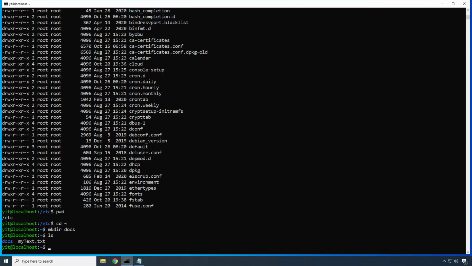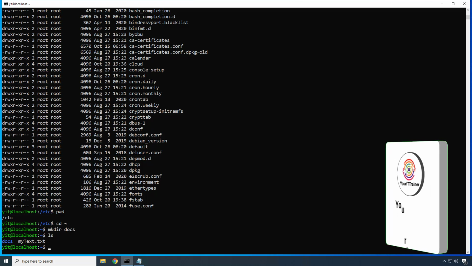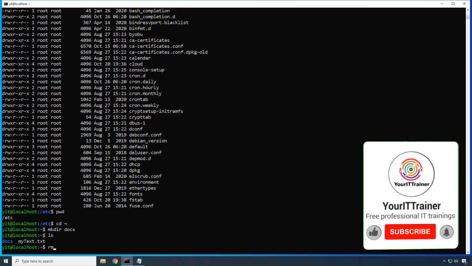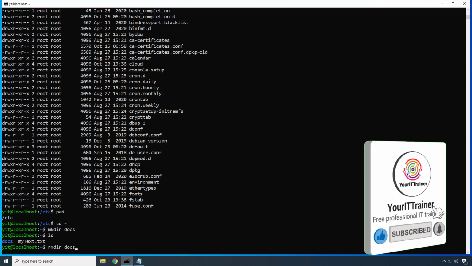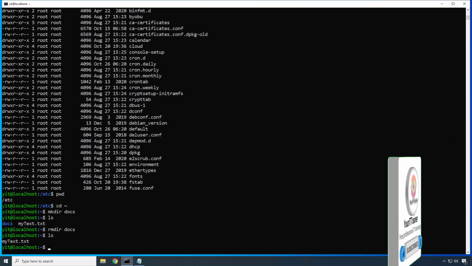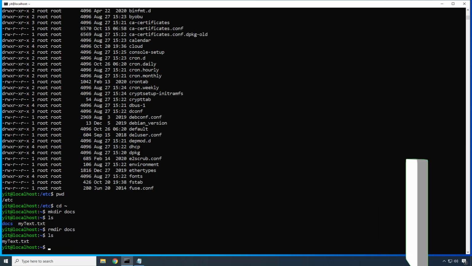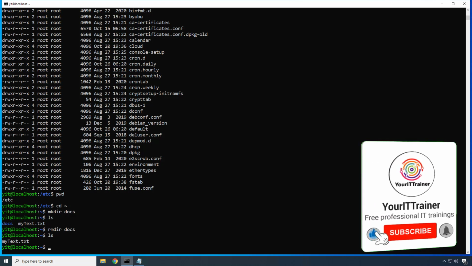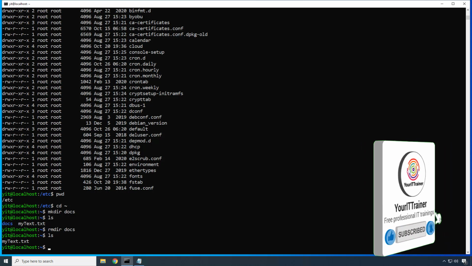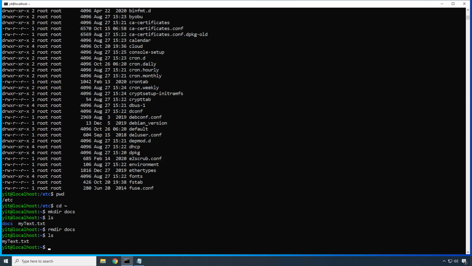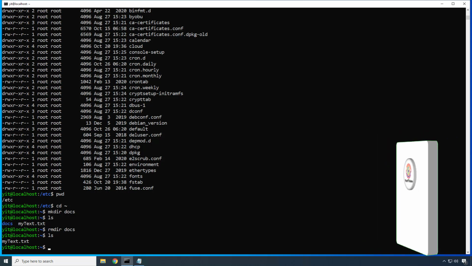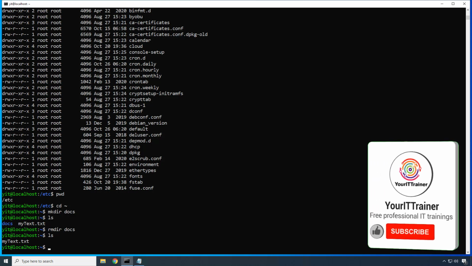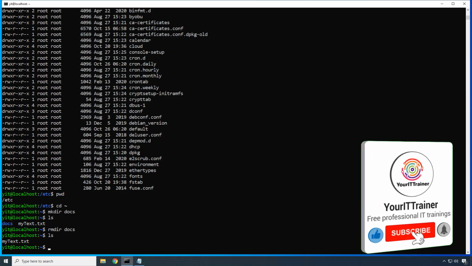Now let's delete the docs directory we have just created, rmdir docs. Now if I do ls, it's gone. Remember, Linux systems rarely raise warnings. You need to take extra care while executing commands because it's easy to make a mistake. This is one of the benefits of using the sudo command because it forces you to stop and think about what you